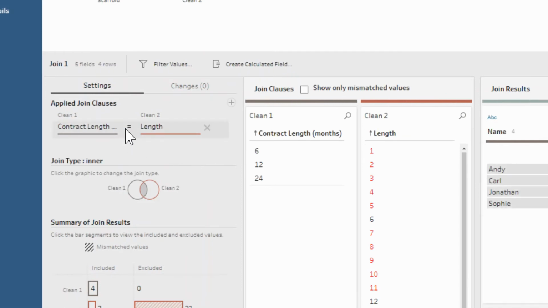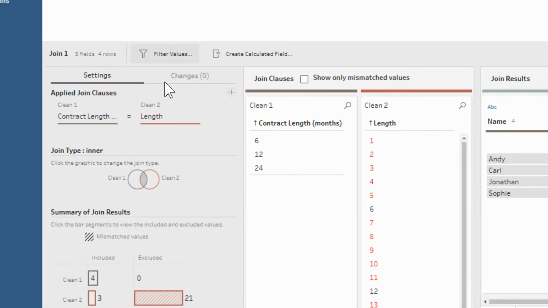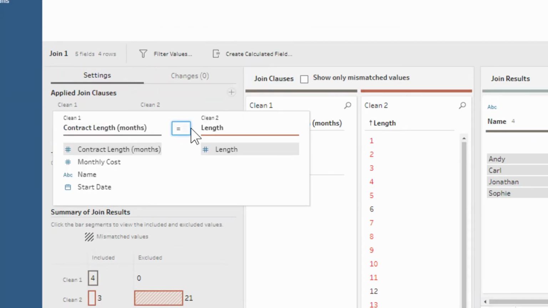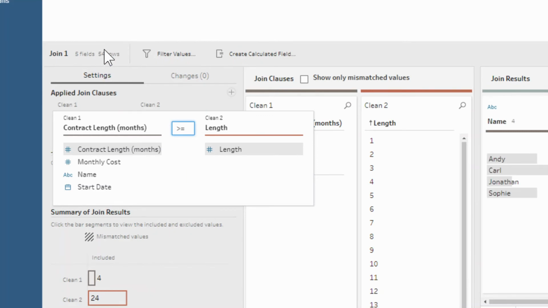And if we just leave this as an equal sign between them, you can see we still only have our 4 rows, and only the contract length that exists over here is included at the moment in the dataset. But look, we can change this equals sign to be different operators, and that will make our data behave differently. So we're going to use, for this example, the greater than or equal to sign. So notice straight away how we've now got 54 rows of data,